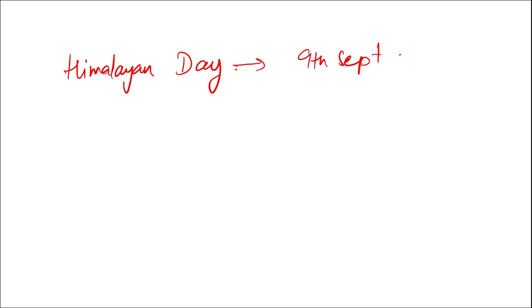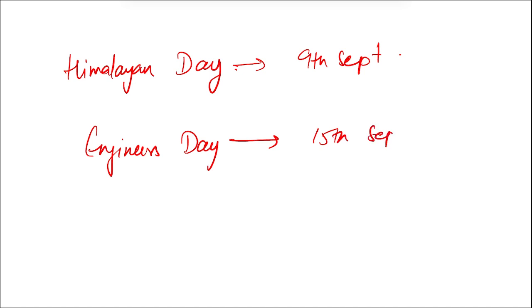ठीक है, फिर इसके ज़रा बताओ मुझे, हिमालयन डे कब ऑब्ज़र्व किया जाता है? ये ऑब्ज़र्व किया जाता है 9 सितंबर को, हिमालयन डे। इंजीनियर्स डे कब ऑब्ज़र्व किया जाता है? 15 सितंबर को, इंजीनियर्स डे।